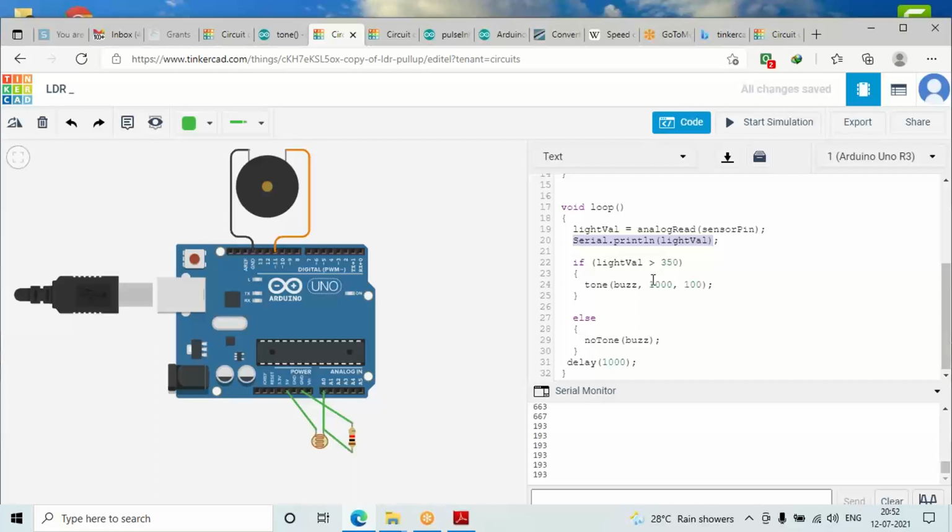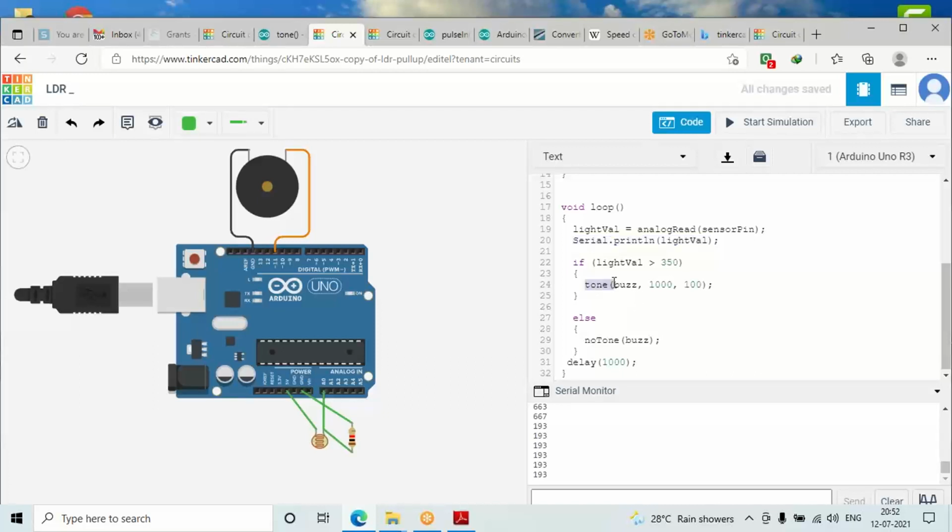Suppose in the morning time you just create the circuit and read the serial monitor value. Suppose during the morning time it says 400, so you can set the value to 400. It's up to you. You can just check and set the value. Here we have set 350. So if the value becomes more than 350, the alarm will be switched on.